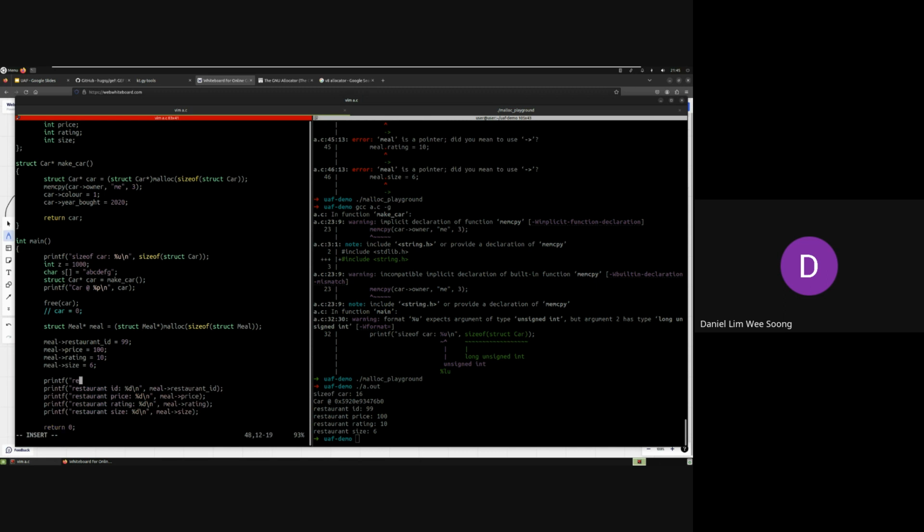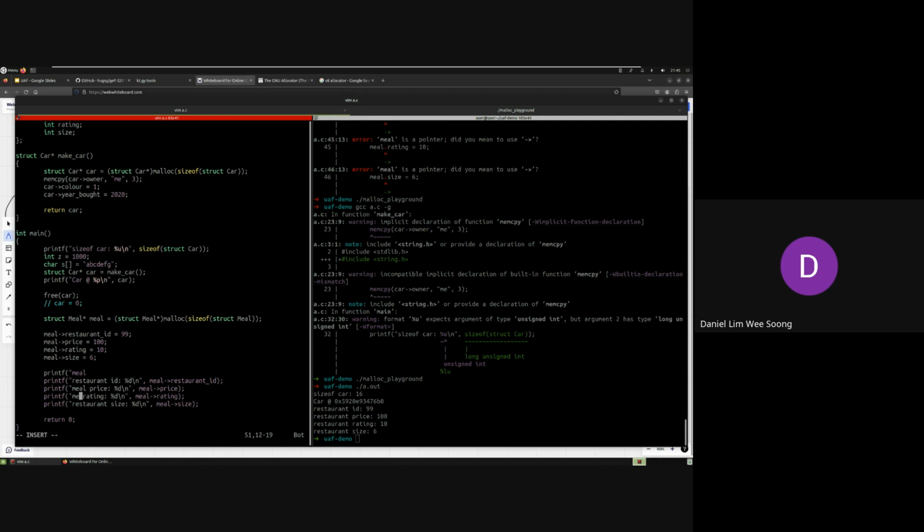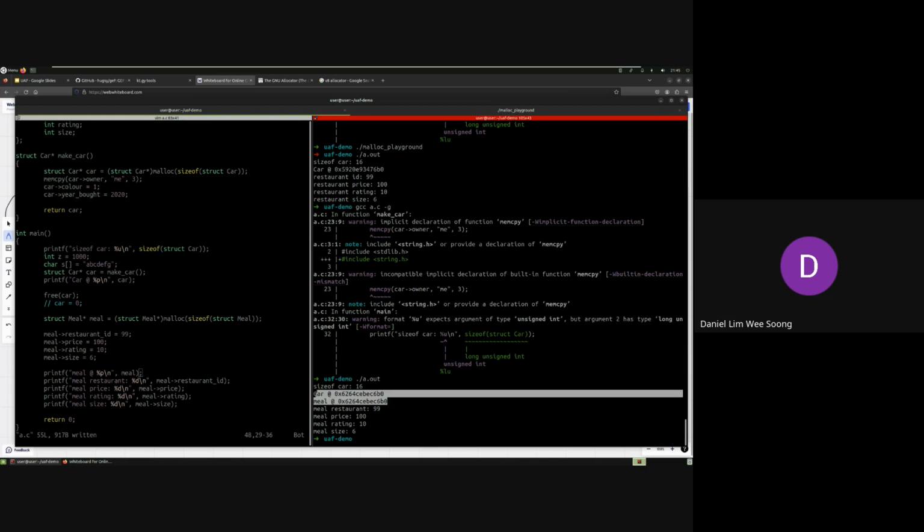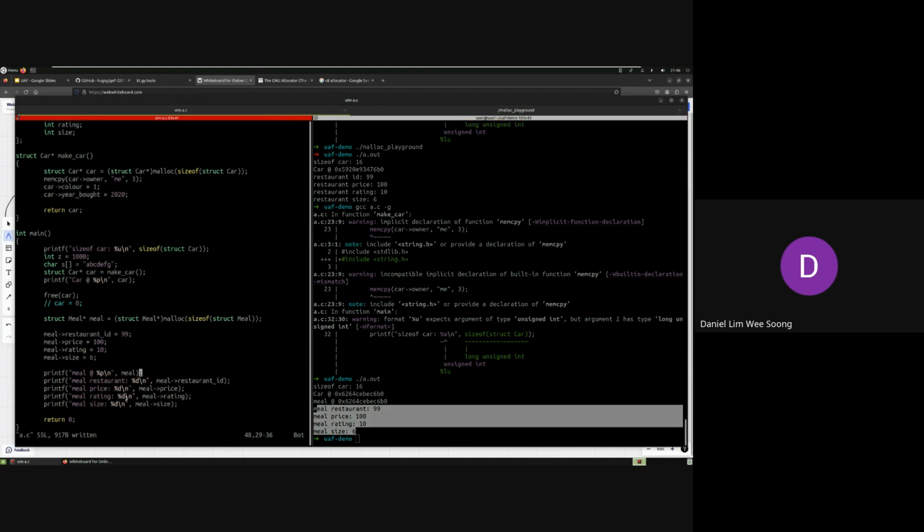We also print the pointer to see the address of this object. You see, they are the same object, the same address, and the contents are exactly as we said. But what if